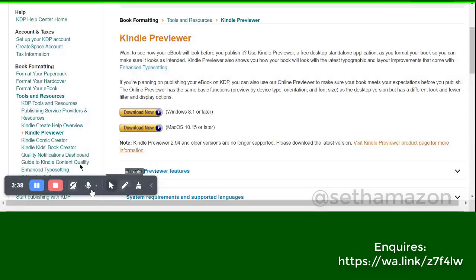I already have this installed in my own PC, so I will not download it again. But I'm just clicking it to show you how it's going to display. See, it's coming up for me to download, but I'll just cancel this and move on. So you click on that, download it, install it, and have it handy as we proceed with creating our ebook,